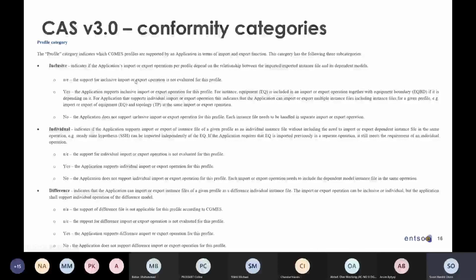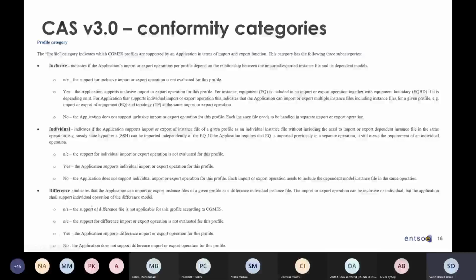So where you have different needs, we were trying to outline this and also outline it for the business process, so they can pick what they need to support the business process. The individual is basically stating that you can treat each profile independently and exchange them. I mean, totally independent is of course not the case, because you need to have the link of the dependency, but the general principle is that you can deal with each individual profile without the dependency.